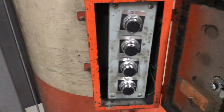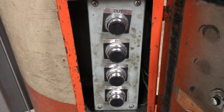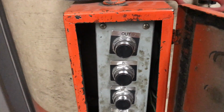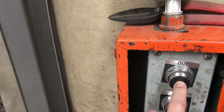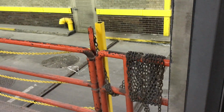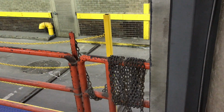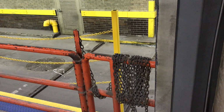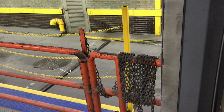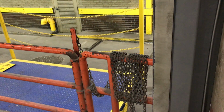The controls are very basic. You'll see out, in, up, and down. To extend the dock out, go ahead and hit the out button, and what you'll see is that the dock will start to move out. Let go of it and it drifts a little bit, so you need to be careful that you do not overextend the dock. So continue to let it out until